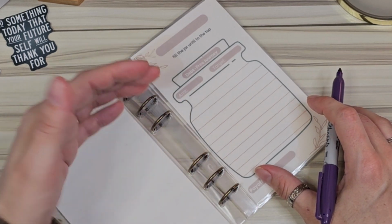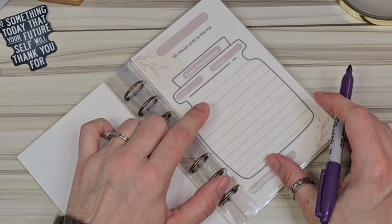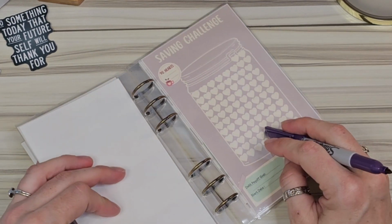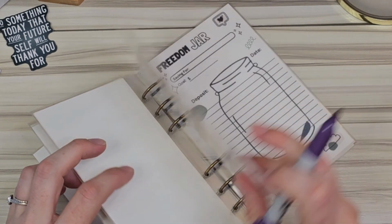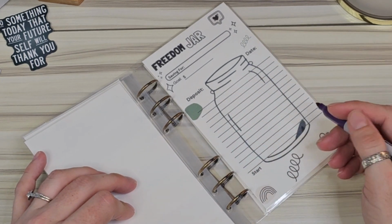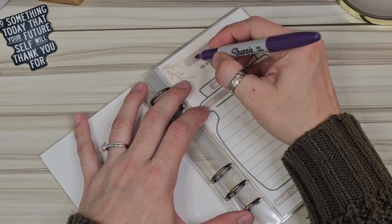You can find them printable off of Pinterest and things like that too, but it'll be in the digital download. So you have a jar here. I included a few different ones. This one's kind of cute where you color in the heart, making each heart worth a different amount of the debt. I also included this one, and there'll be a few other ones that are just fun, where you fill in and make each line something to get towards your debt. So for instance, this debt, card number 1,